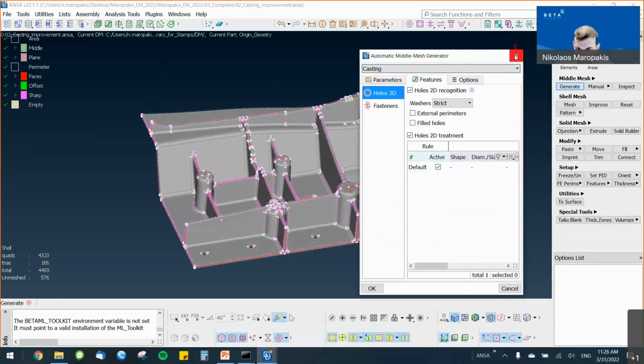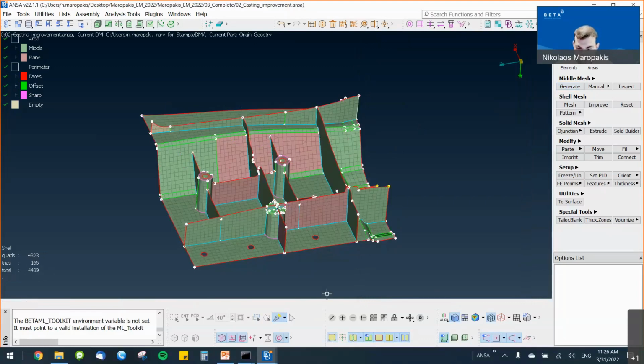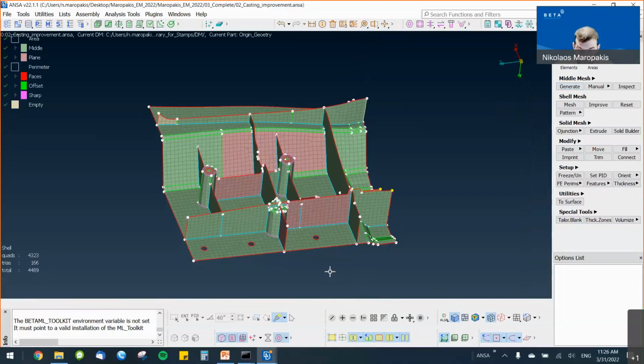I have already run a casting on this model, and we will start by showing the result. The casting algorithm gives the user an FE result that is disconnected from the geometry, but associated with it and linked through entities that are called align constraints.